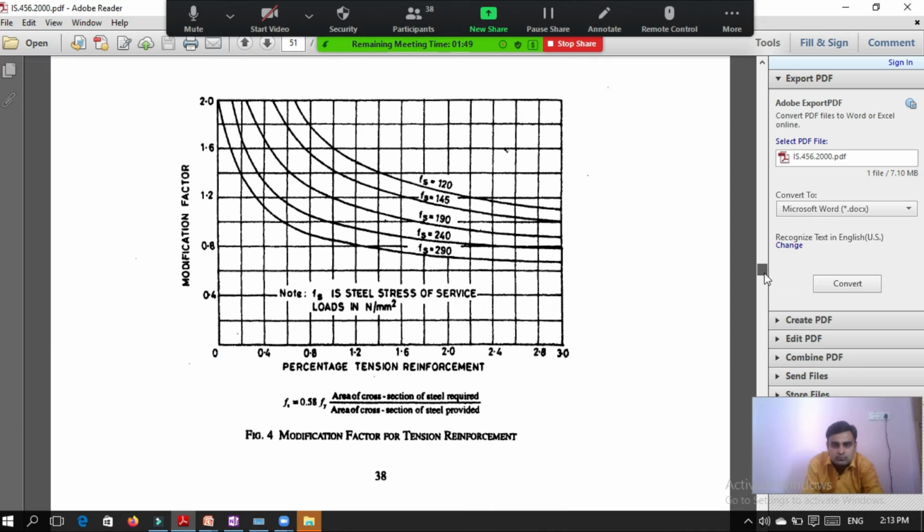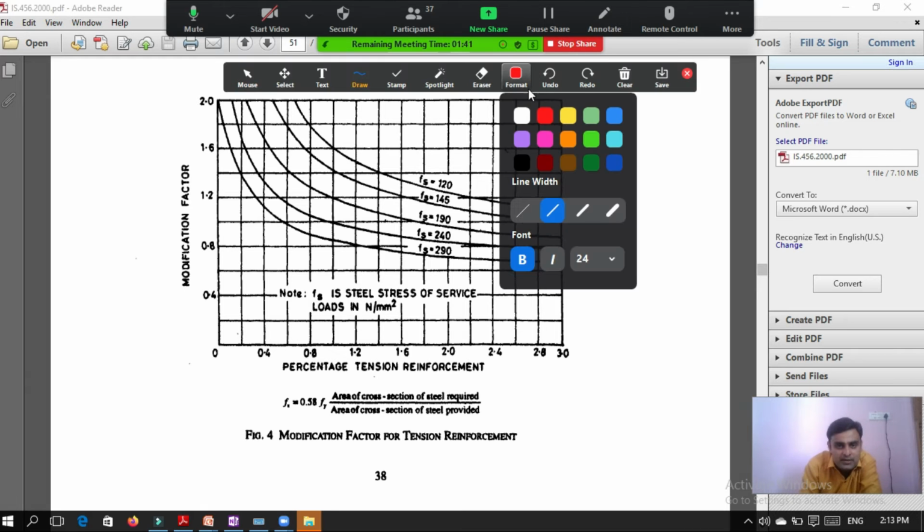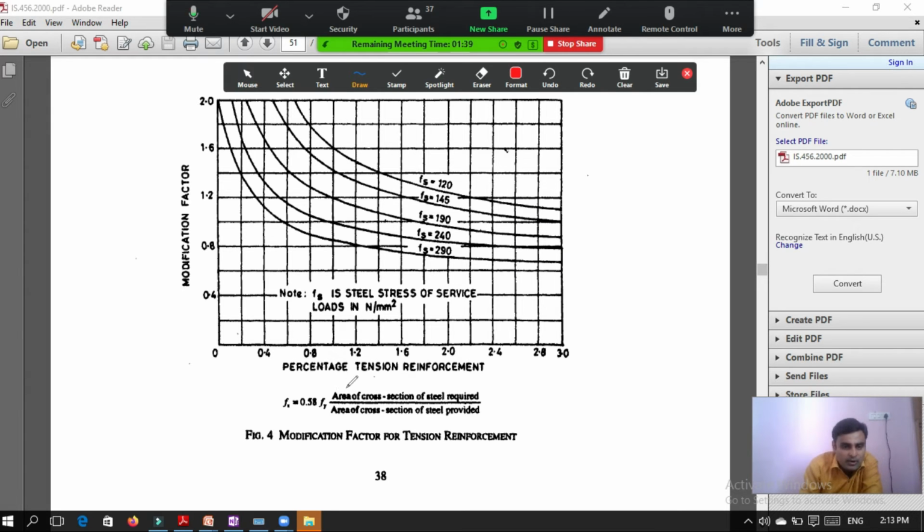Now here the percentage of steel is given on the x-axis. On y-axis modification factor is there. I have explained this graph to you previously also. Now you need to calculate this value by using this formula.